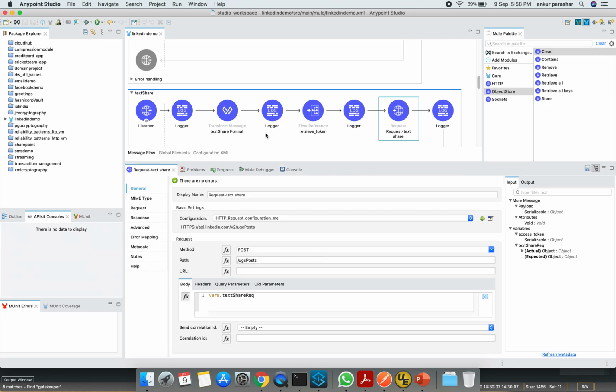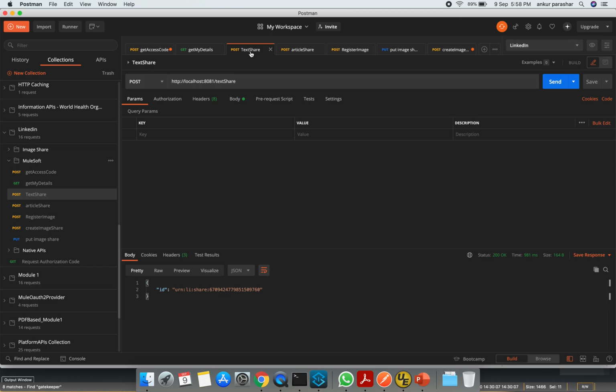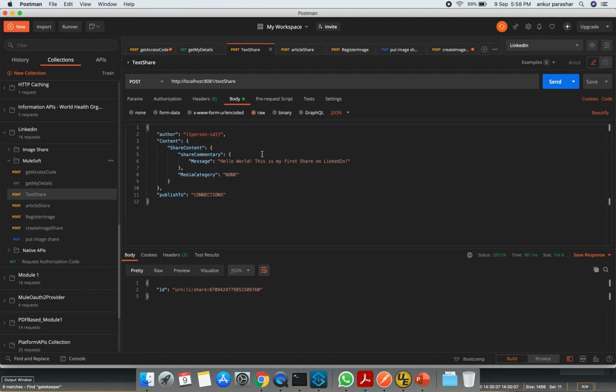Okay, so let's try to put something on the text share level. I will go to the text share and click on body. I am going to change something. This is Ankur, and the person ID we need to publish.